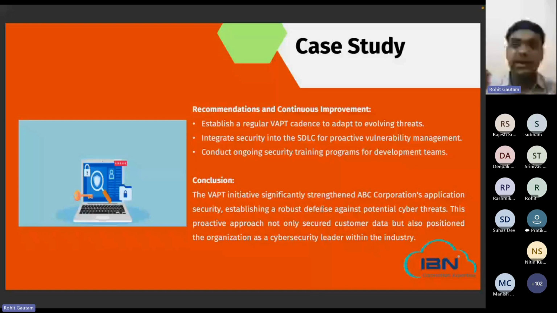So a regular testing needs to be done for the application software or components that are being used apart from the secure code that is being written. Okay, so the components need to be checked continuously, and there should be a continuous improvement into that, or any new code change or functionality change should also be monitored over here. Second, integrating security directly in the SDLC to proactively make sure that we reduce the overall number of bugs or defects that have been identified, and conducting security training programs like these for the employees, for the developers specifically, so